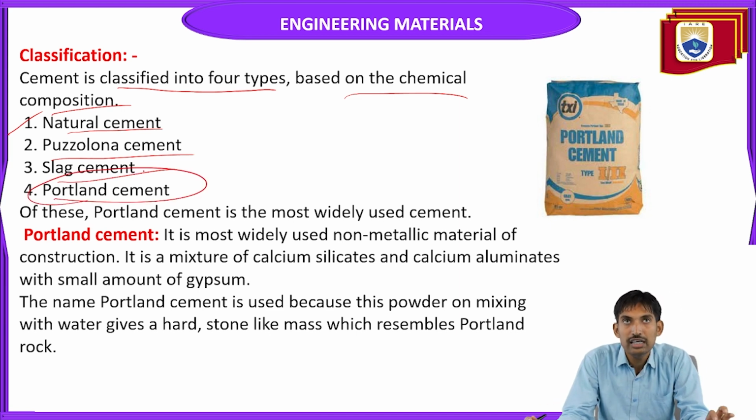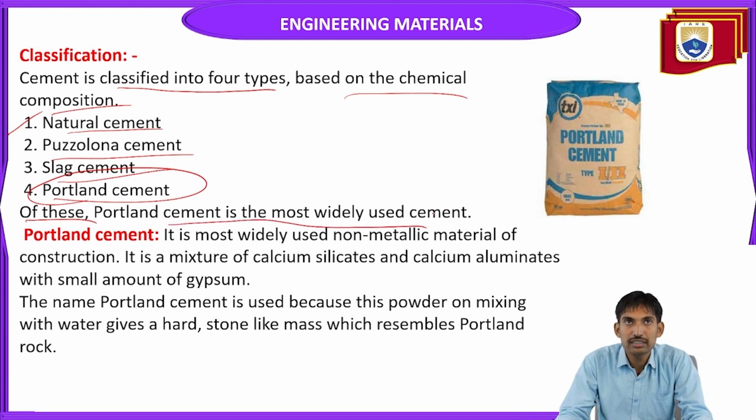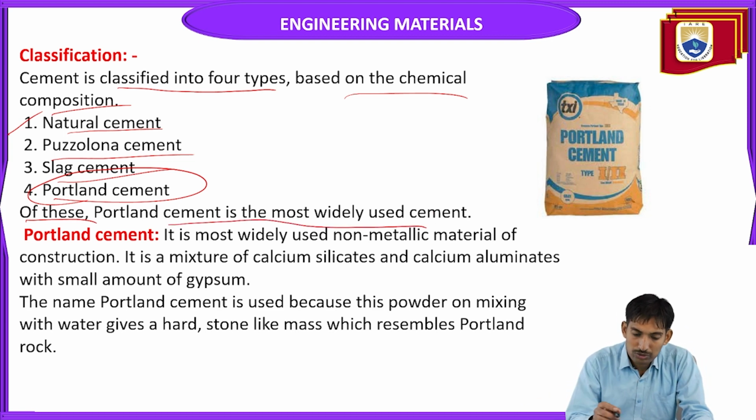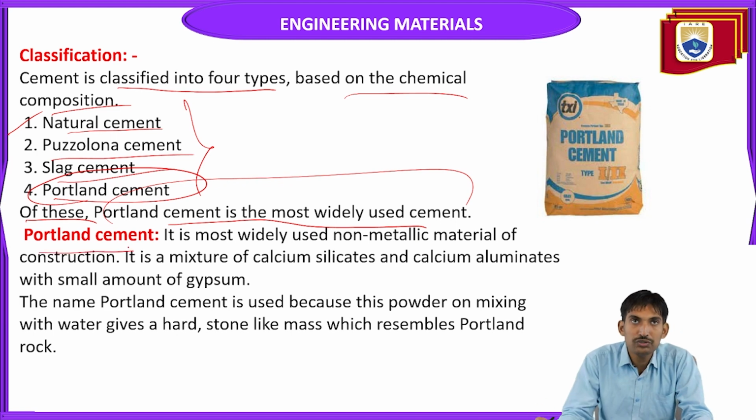The cement is classified into 4 types. The first one is natural cement, the next is Pozzolana cement, the third is slag cement, and the fourth is Portland cement. Of these 4 types, Portland cement is the most widely used cement. Okay, the Portland cement. Now we are going to learn about the